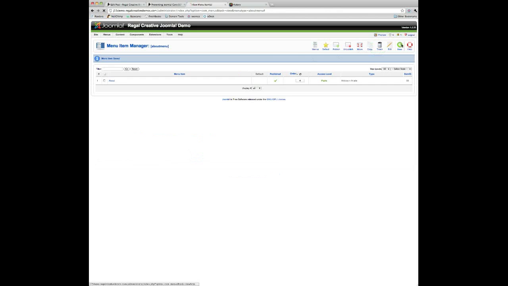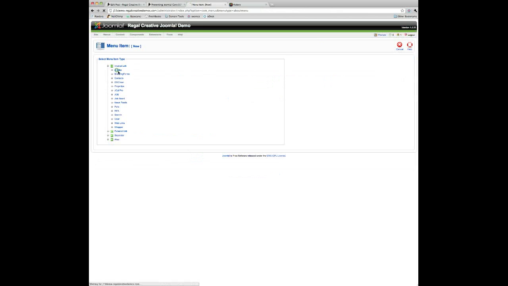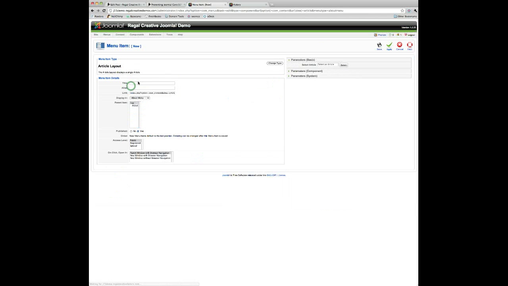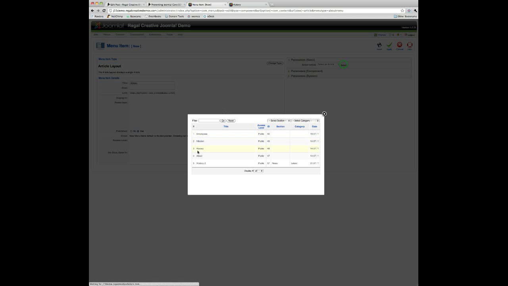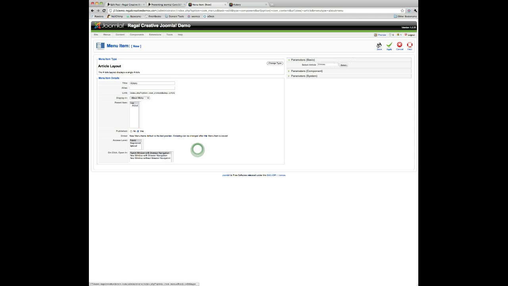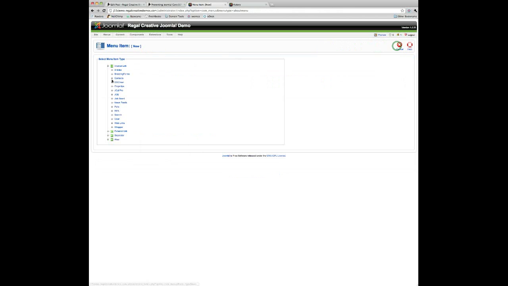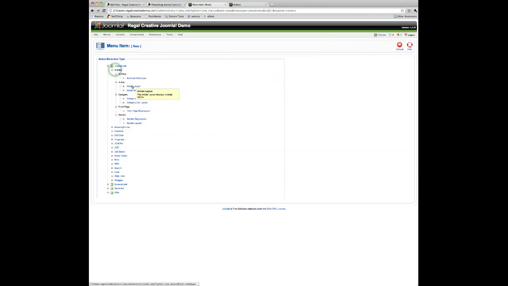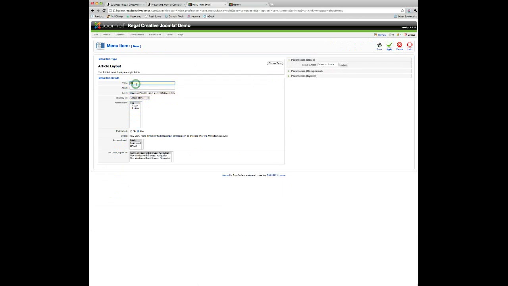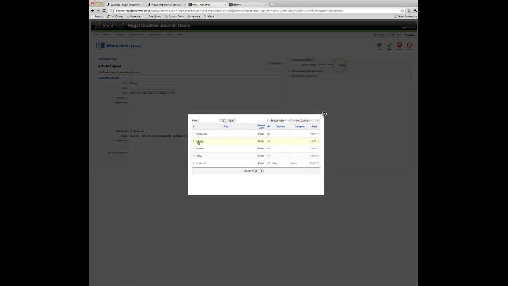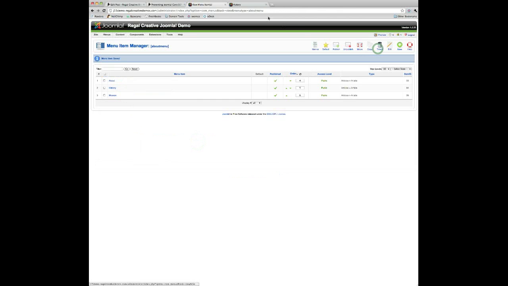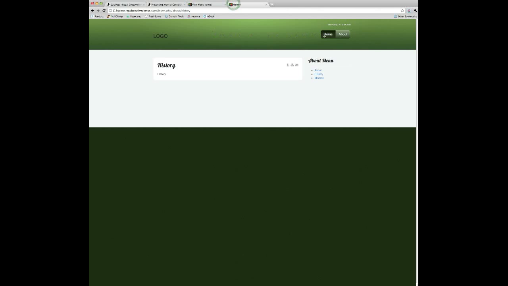And we go to New, Articles, Article Layout, History, select the History article, save, and create our last new item, Articles, Article Layout, Mission, and save. So if we go to our front end here and click on Home, and then re-click on